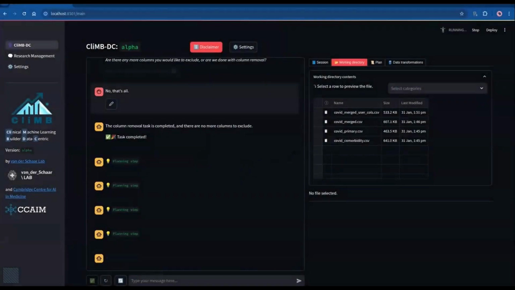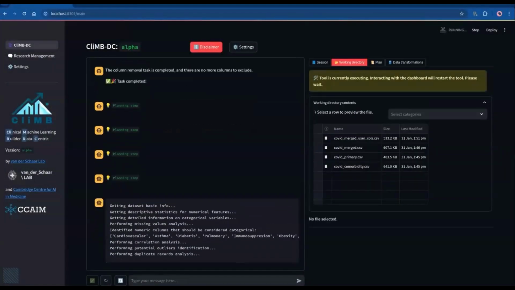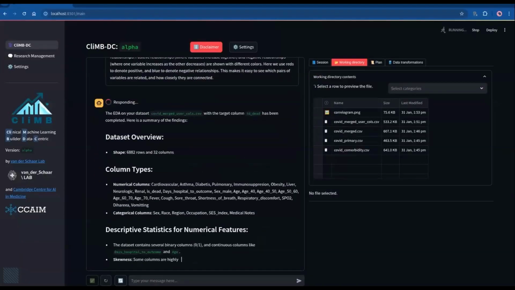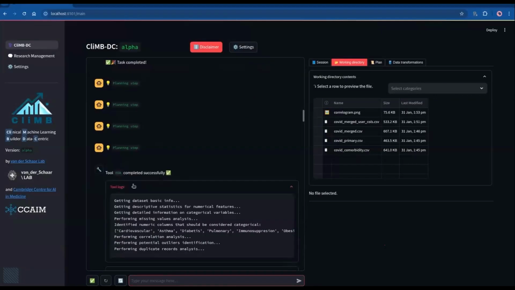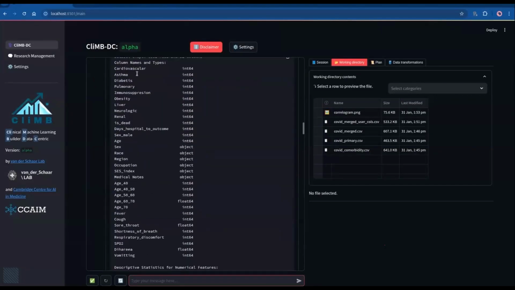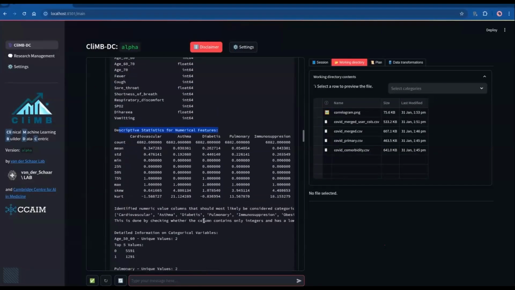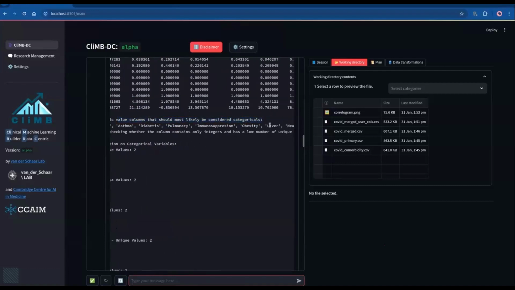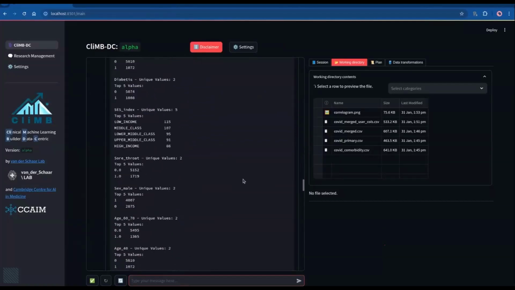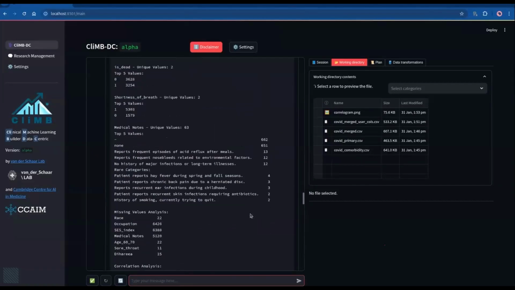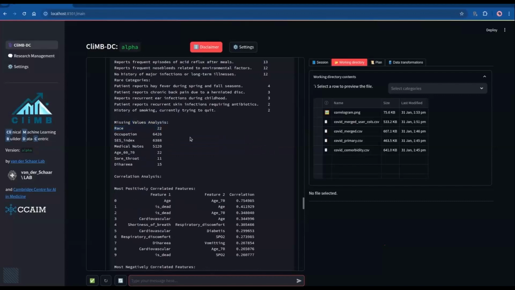So let's move on to the next step, which is all about getting your data to a good enough level of quality so we can then work on the statistical analysis later. One thing that you would need is, of course, some initial overview of what the data is like, so both yourself and the system know what is going on. This would be done through a cool tool called EDA, Exploratory Data Analysis. It will print out things like what the different column names and their types are, what the numerical columns are, which numerical columns actually represent categorical values, and what the different categorical values are. I have a lot of different ones here, for example, different text values and so on.